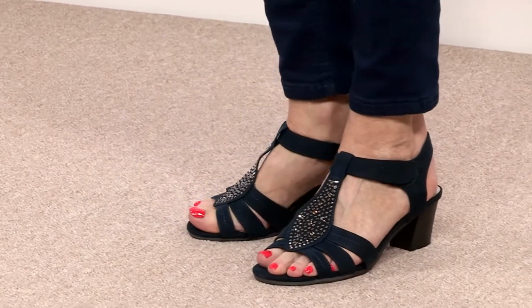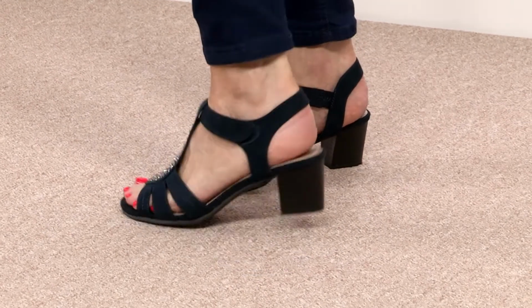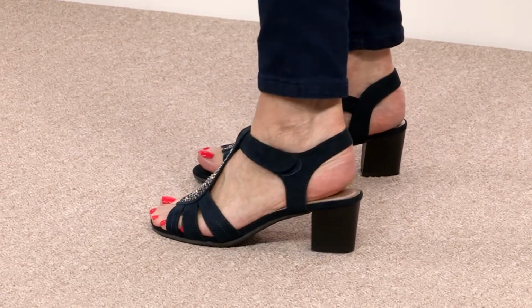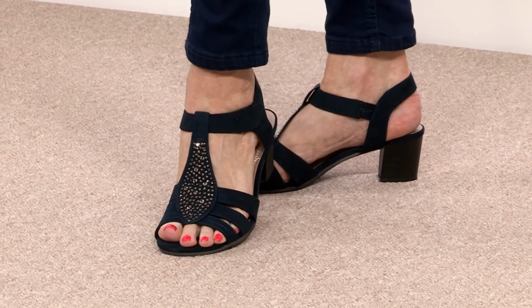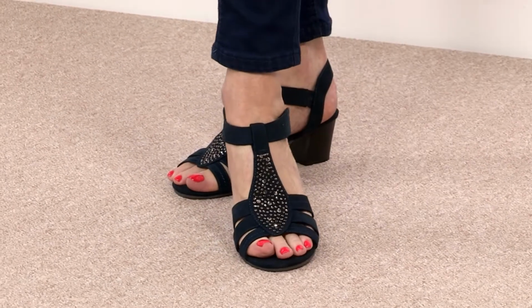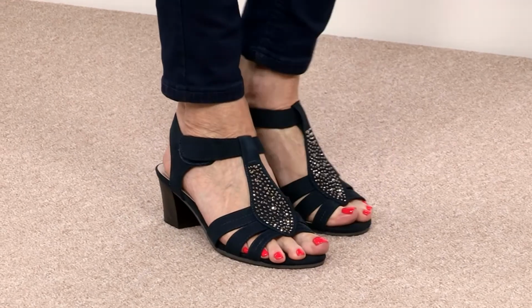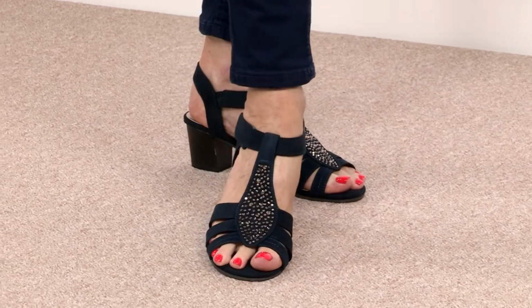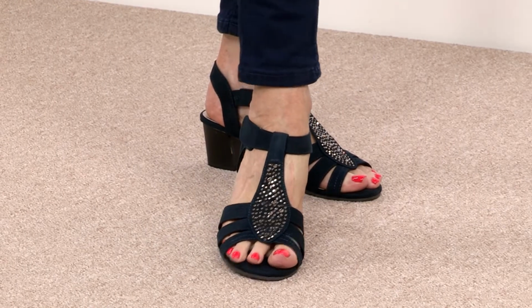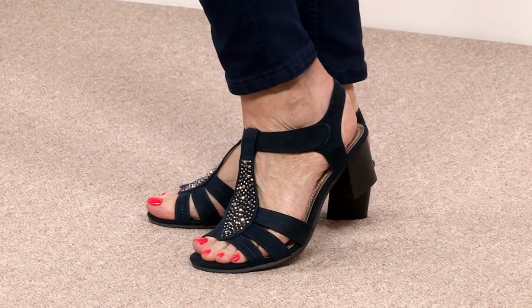No teetering. Now, the block heel really gives you some substance there to stand on. And the best of all is always, in my opinion, a wedge. But this is next best to a wedge, a nice wide block heel. Really pretty upper, really glamorous on the foot, and because it's got that shape down the centre, it's like a teardrop almost. It brings the illusion that your foot's narrower than it actually is. Definitely. It's got a one-touch fastening around the ankle, which you can see on that lovely navy one that Sheila's wearing